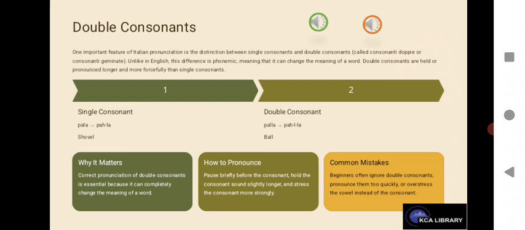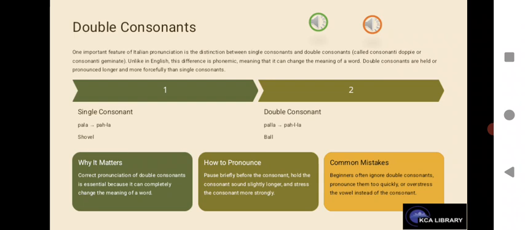When pronouncing a double consonant, pause briefly before it, hold the consonant sound slightly longer, and stress it more strongly than the surrounding vowels. Examples: pala, shovel, versus